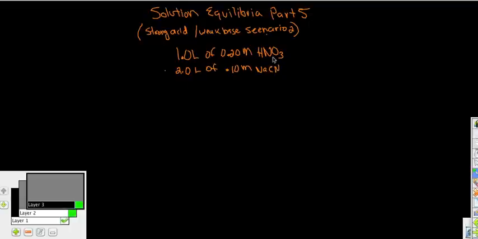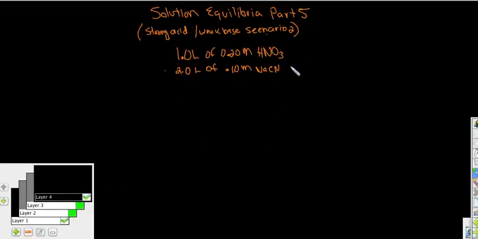And so here we have a strong acid, nitric acid. We have 1 liter of a 0.2 molar, so we know that that's going to give us exactly 0.2 moles of the hydrogen ion. And we have 2 liters of the 0.1 molar NaCN. So we know that NaCN is going to break up into sodium, which is going to do nothing, and the cyanide ion, which could and does,